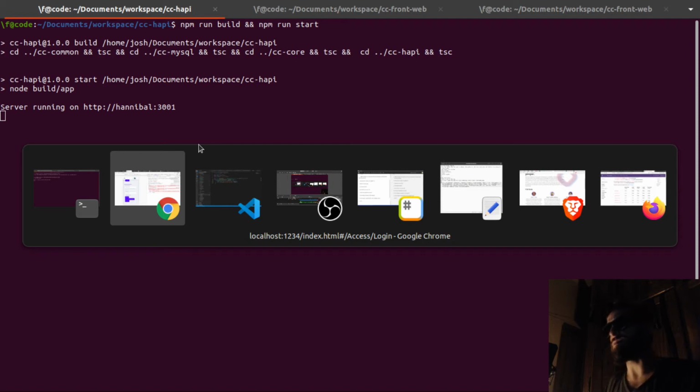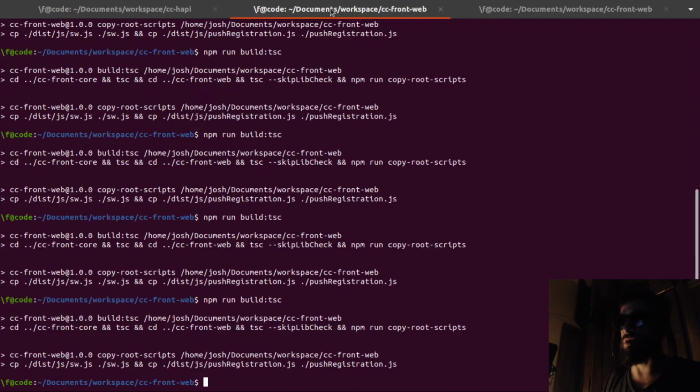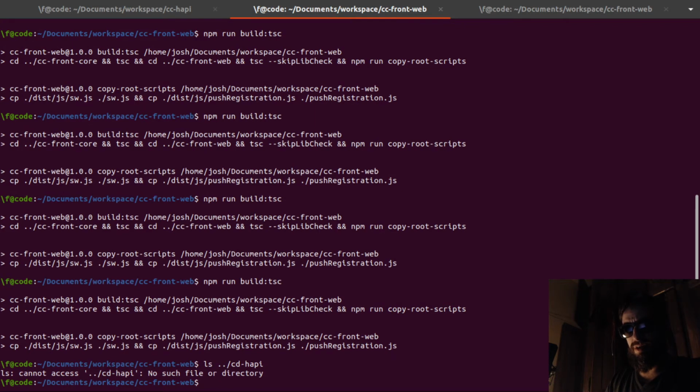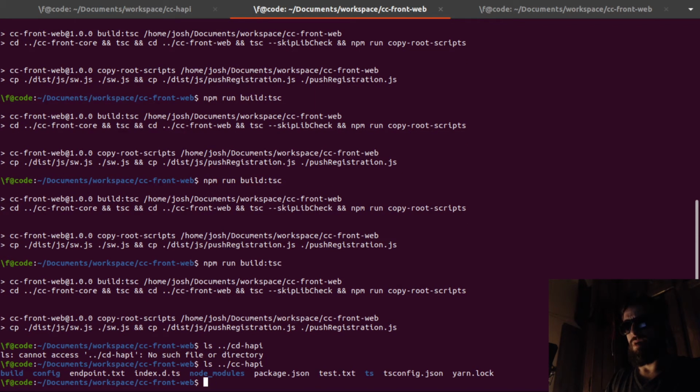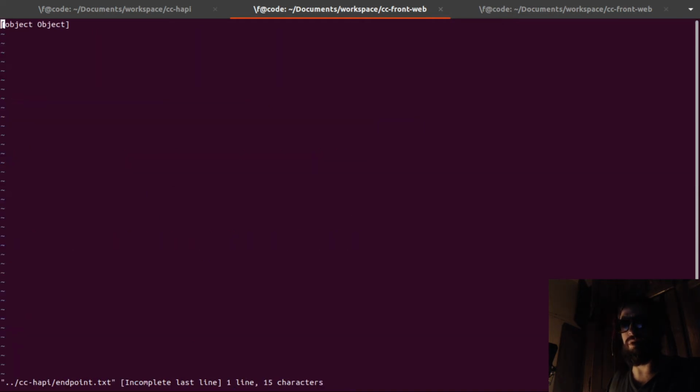Okay. Well, you know what that means. It's time to check. Well, you don't know what that means. I'm going to tell you what it means. Let's check and see. Oh. Okay, I have an endpoint, but I don't know what it looks like. Let's have a quick peek at it here in our little terminal. I don't know why I'm doing it this way, but we're past the point in